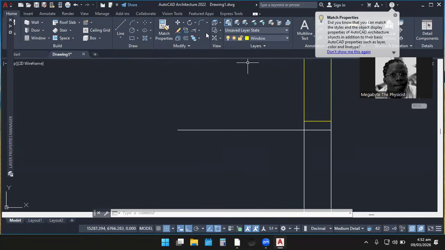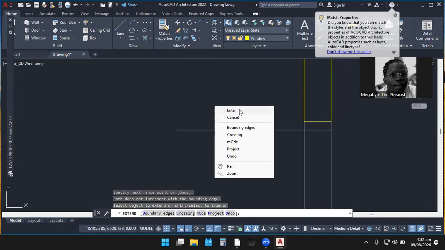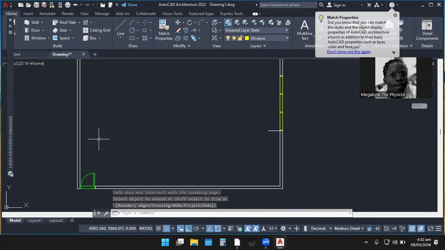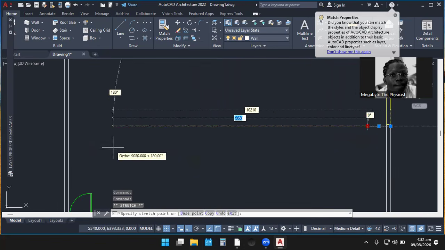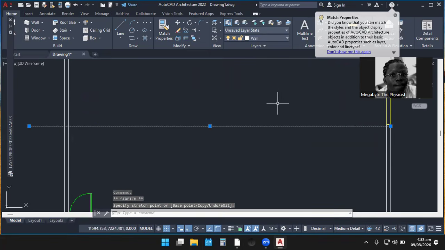So you see, I want to put my window over there. So this is extend. I'm just going to extend this one. If it fails to extend, we can drag it. I click the same line, I click on the far end and drag it to make sure that it crosses the other one. Okay, now I can click escape on the keyboard and trim the unwanted parts.